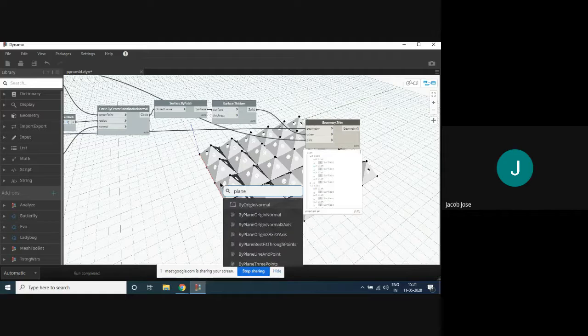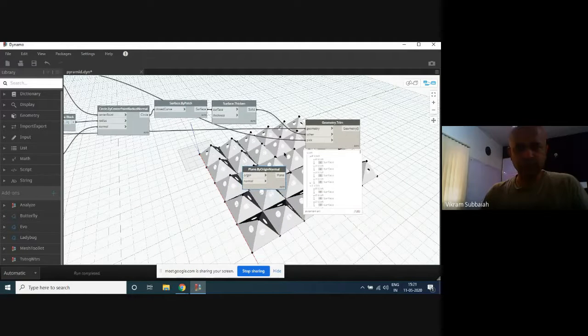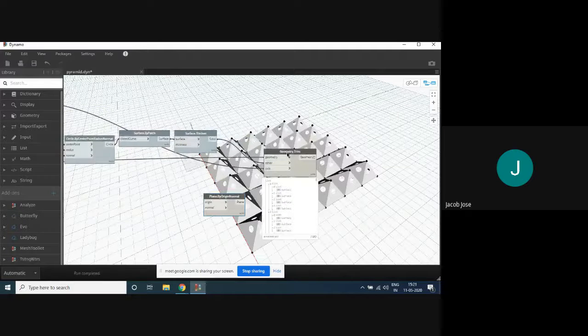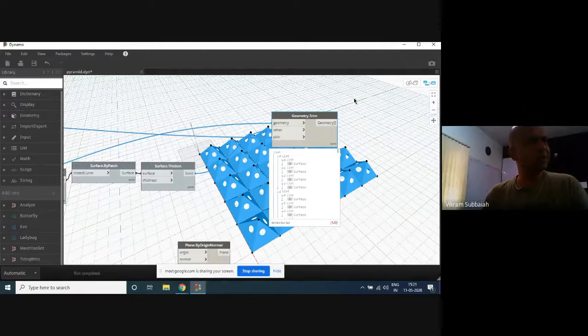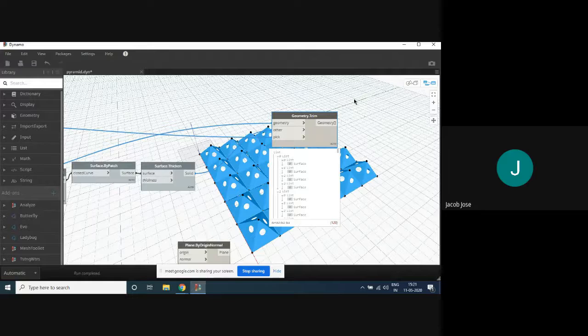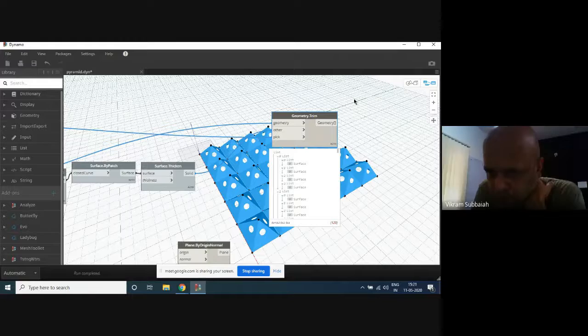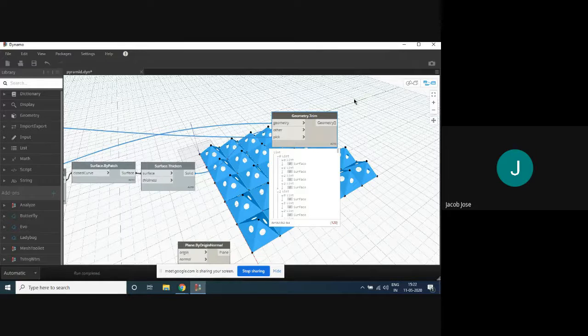Yep. Let's say plane by origin normal. So without that Boolean difference option, there is no option to create that plane automatically while creating that split. While we are doing that Boolean split, right, that plane comes automatically, right? After that split, that trim, that entire surface gets closed, kind of cap holes. How are we doing that? So, is there any other way other than the Boolean difference? I'm asking.